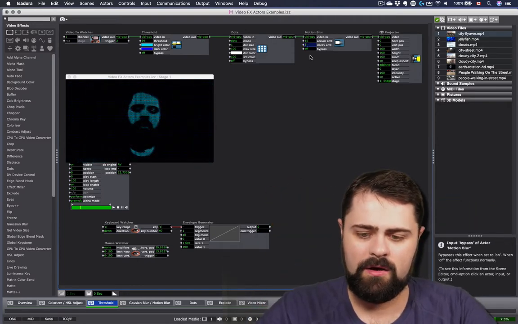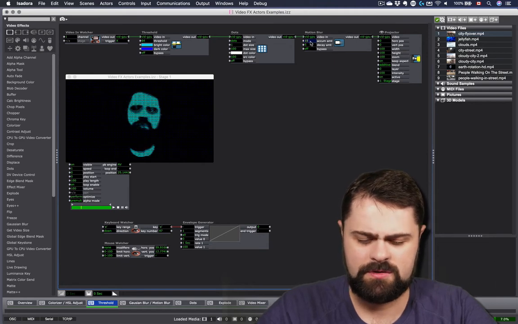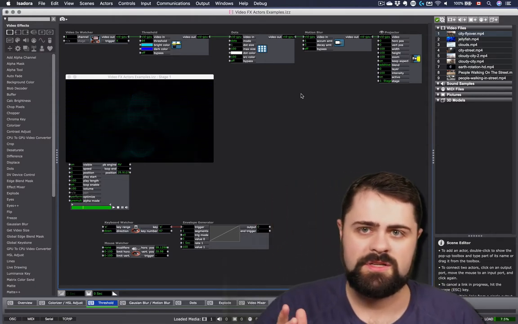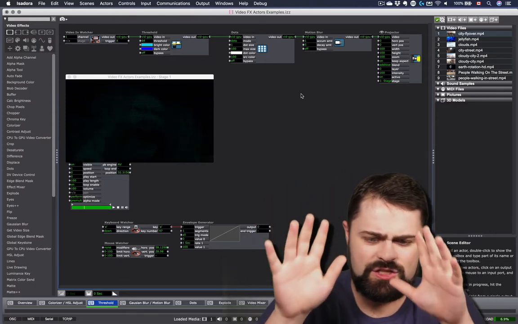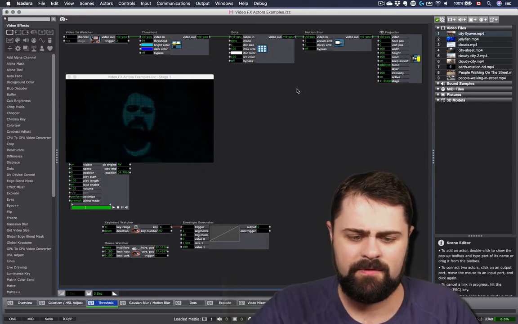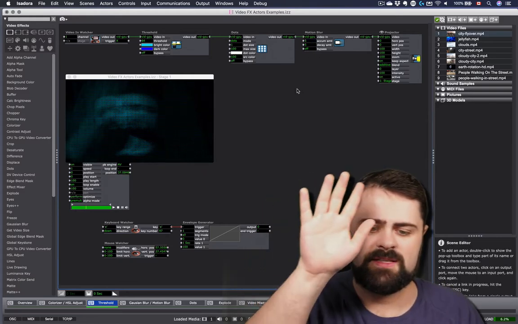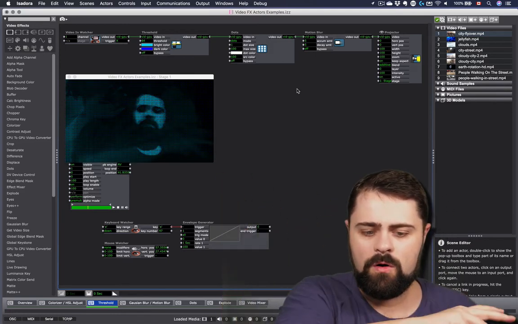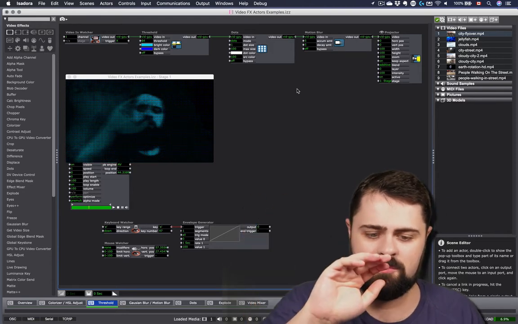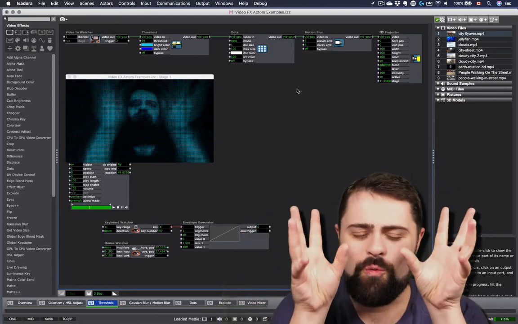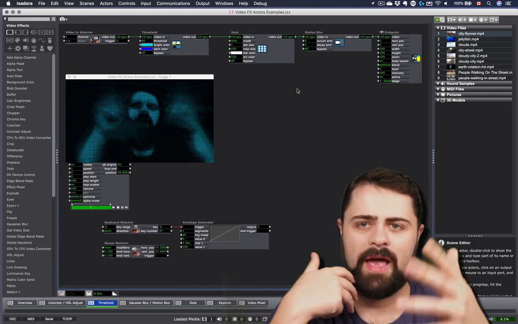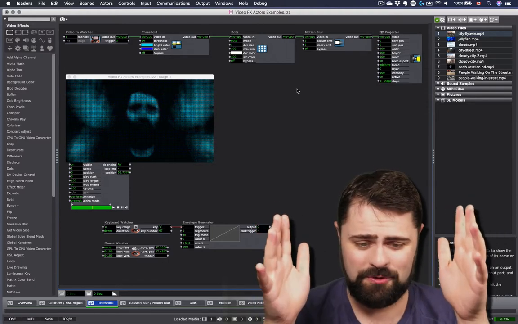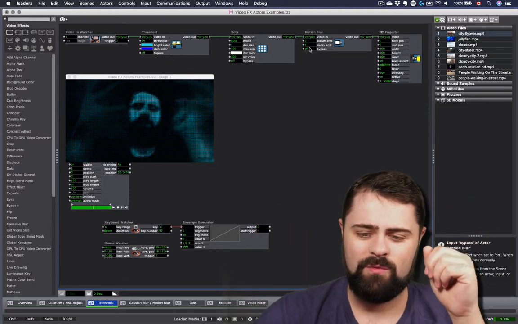Whereas if I now go here and I change the accumulation amount, let's see what that's going to do. I'll turn that down to 1. Ooh, see, I almost disappear entirely, right? You just get the smallest spectrum of my movement. Let's turn that up to 5. Means that I have to hold still a little bit longer before the blur effect comes into play. These are so much fun to play with. And as you layer one effect on top of another, your imagination is bound to go absolutely wild with all the possibility of what you can create.